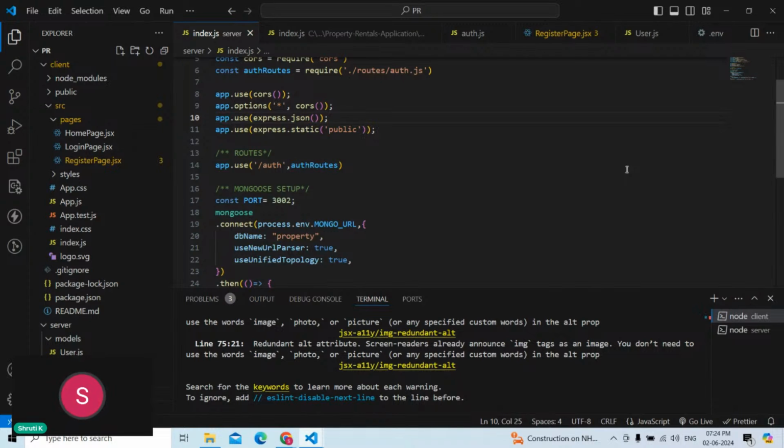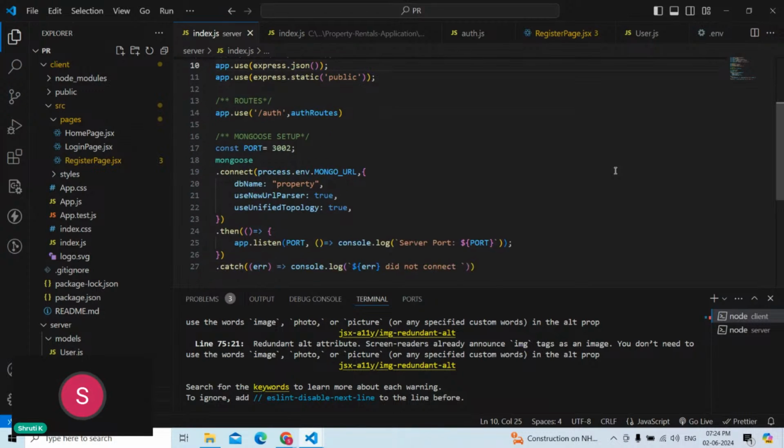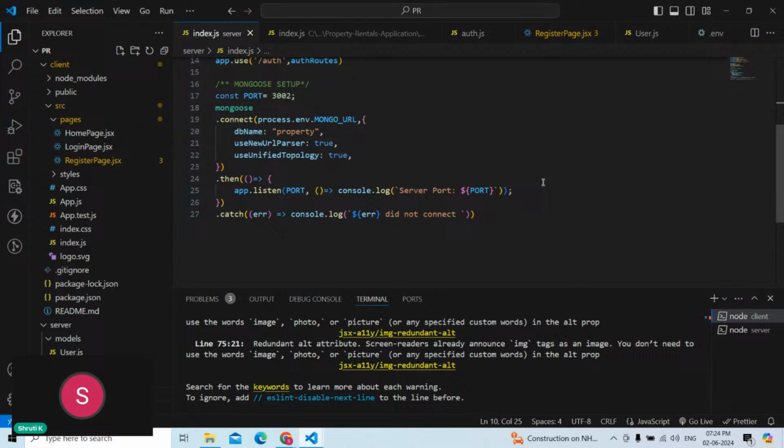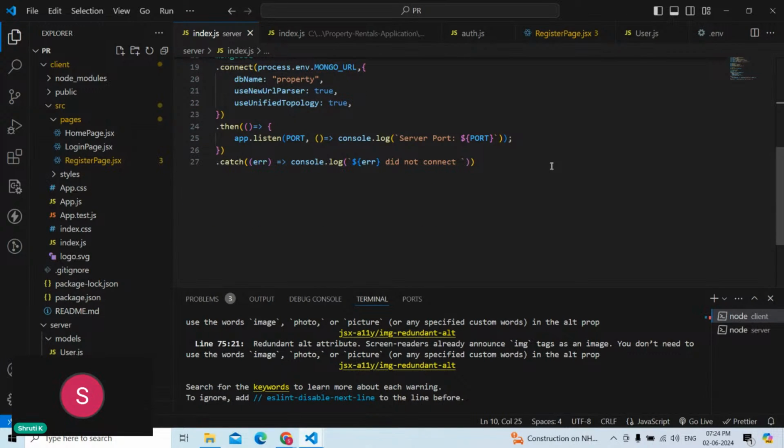We make use of the route /auth, which is coming from line number 6, the auth routes, which we have already included. Then we have used Mongoose with port 3002, where we are connecting to process.env.MONGO_URL, where our database name is property. We are setting useNewUrlParser to true and useUnifiedTopology to true. We have listened to that port, where our backend is up and running. So what could have gone wrong is our